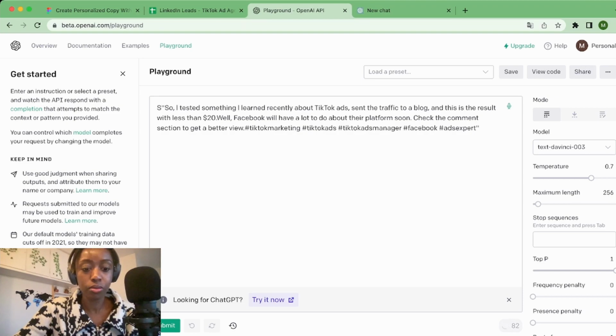Summarize this article, and write a cold email icebreaker line